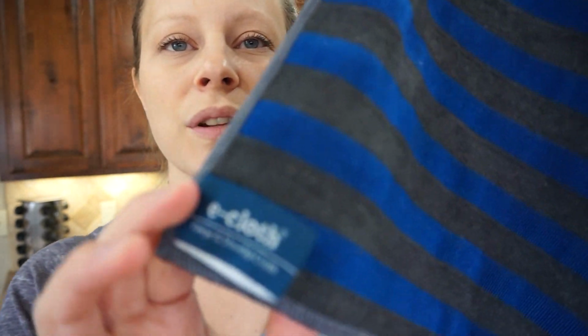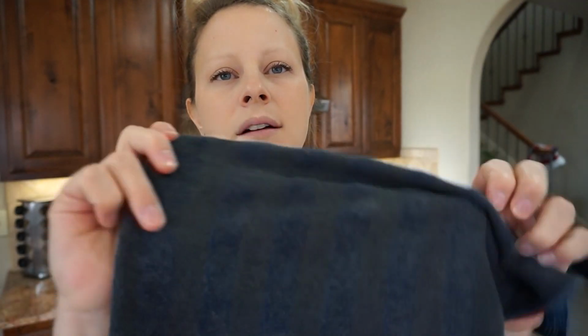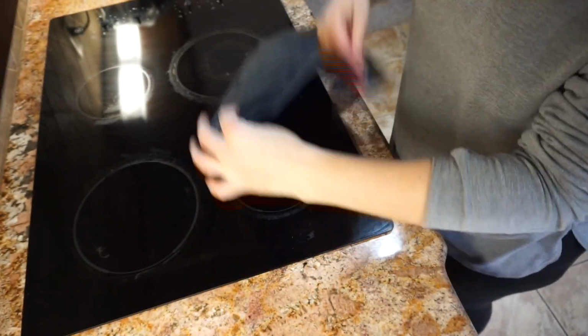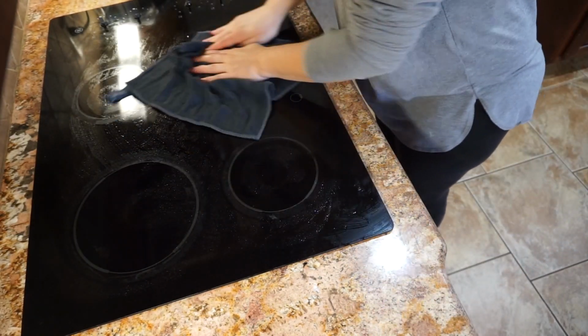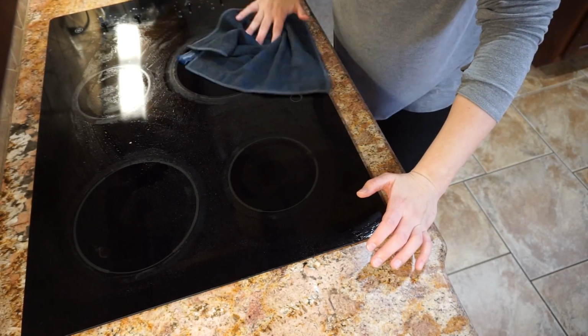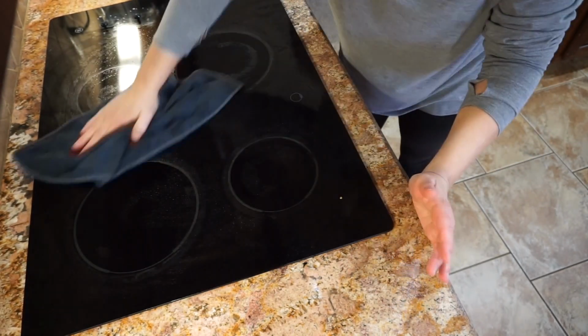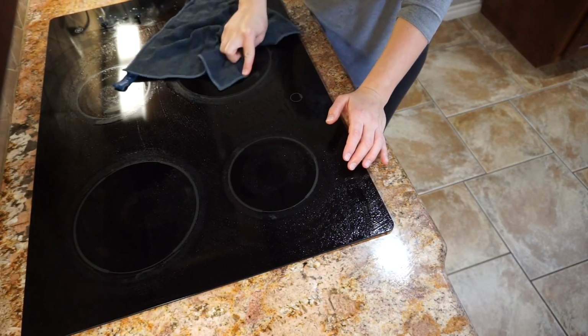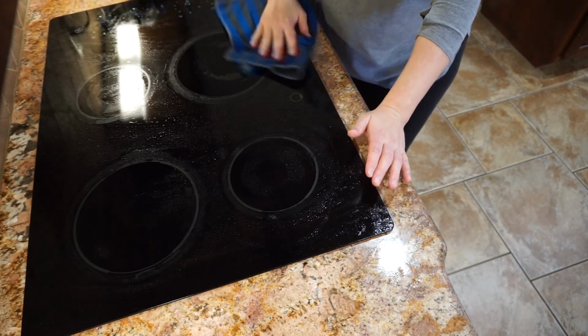Next is the range and stovetop cloth. And I had really high hopes for this cloth. Again, it has 2 sides. It's not as rough as the stainless steel one, but then it has a soft side too. I had way too high of expectations for this. I have a glass top stove, which I would not recommend, but I have let it go a little too long without cleaning the burnt spots off. And I use a stovetop cleaner, and that, I mean, it's a joke. It never works well. But I was hoping this would do an amazing job, like it would come in and erase all that stuff. But no, I use the magic eraser and the stovetop